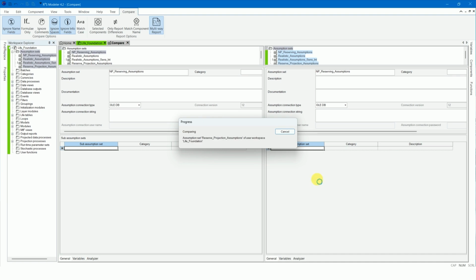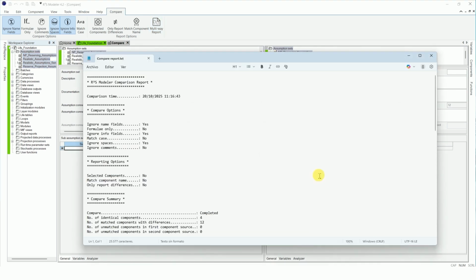Once the comparison is done, the report automatically opens in Notepad. It can be useful to generate a report to ensure all differences are captured. For instance, differences in formulae on the Event tab may be missed if event variables are not reviewed.